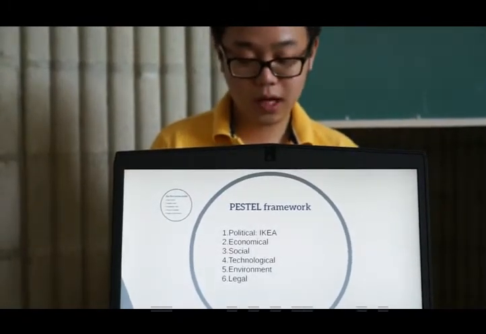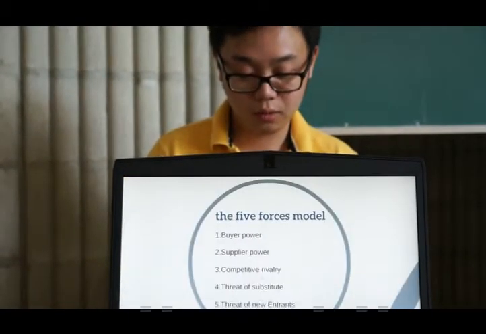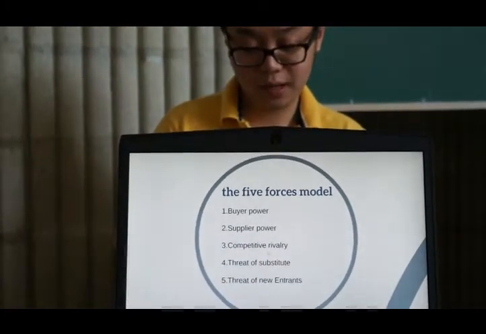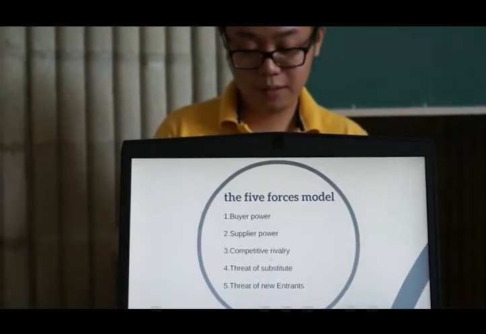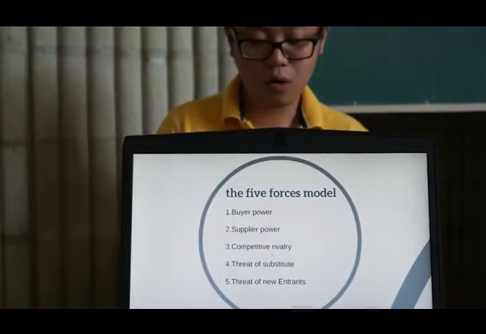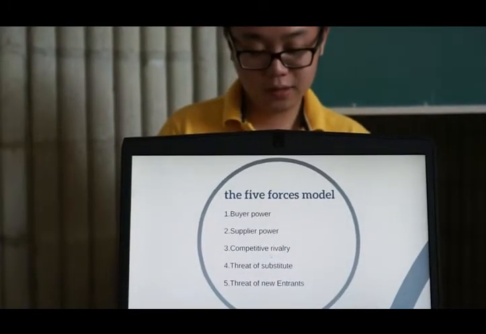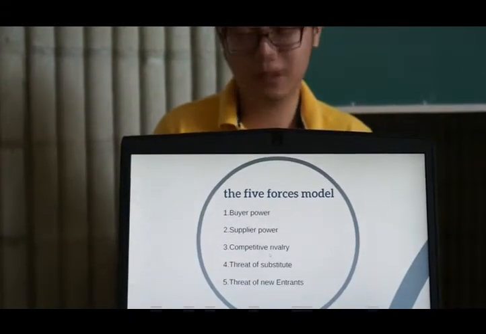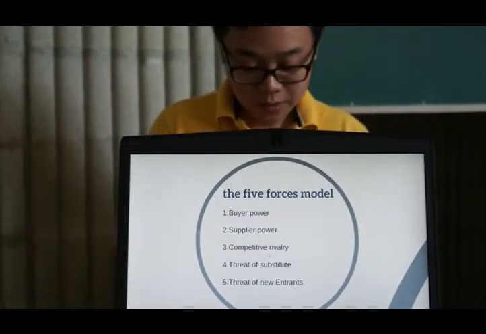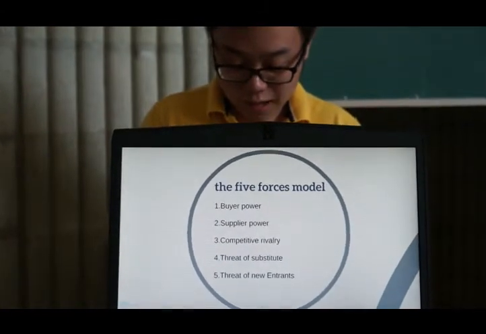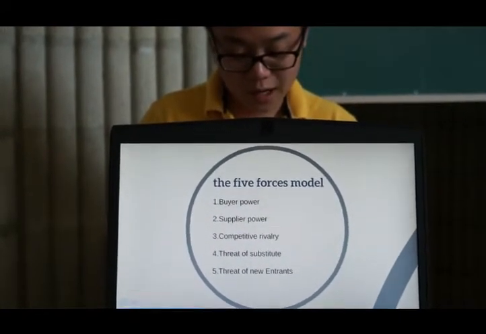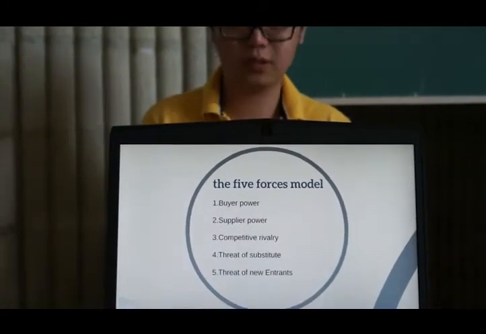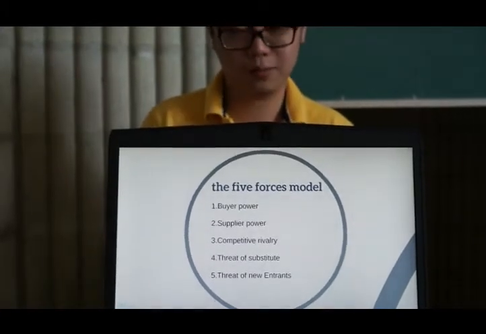Okay, and I think we can figure out the five forces model for IKEA. They have buyer power. IKEA has many competitors, but the reason for them being at the top is because they have low-cost and durable goods. And for supplier power, I think IKEA has more than 2,000 suppliers in over 15 countries, so for IKEA it was huge. And for competitors, we think IKEA has a very strong image in everyone's mind by providing stylish and durable low-cost goods for almost 6 decades, which weakens competitors.